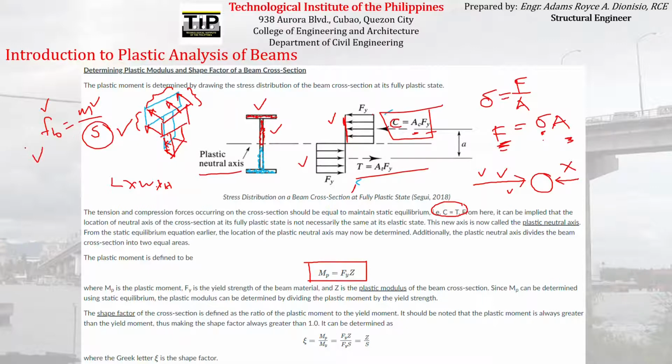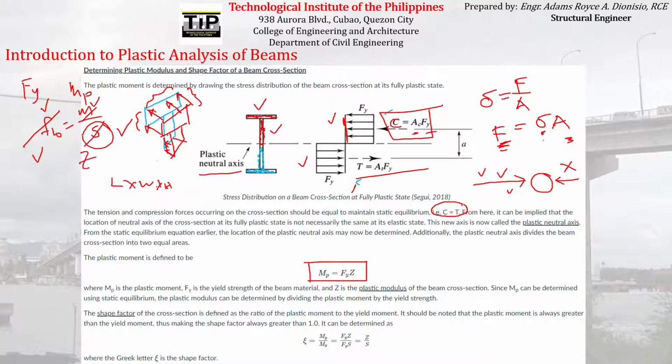So kung yung FB mo or yung bending stress mo equal na sa Fy, and then yung M mo that cause the cross-section to experience Fy constant whole to the whole depth of the cross-section, that's called that MP, the plastic moment. And then yung section modulus corresponding to the plastic moment and the Fy is now called Z, the